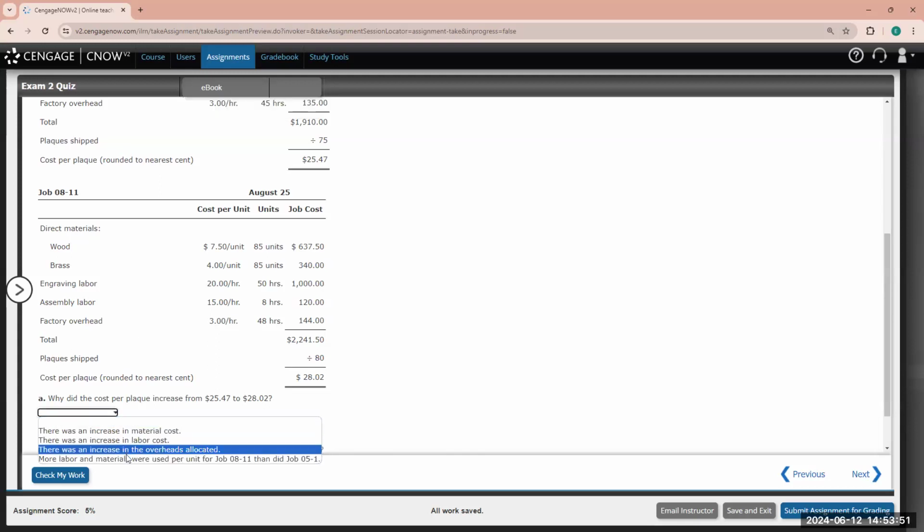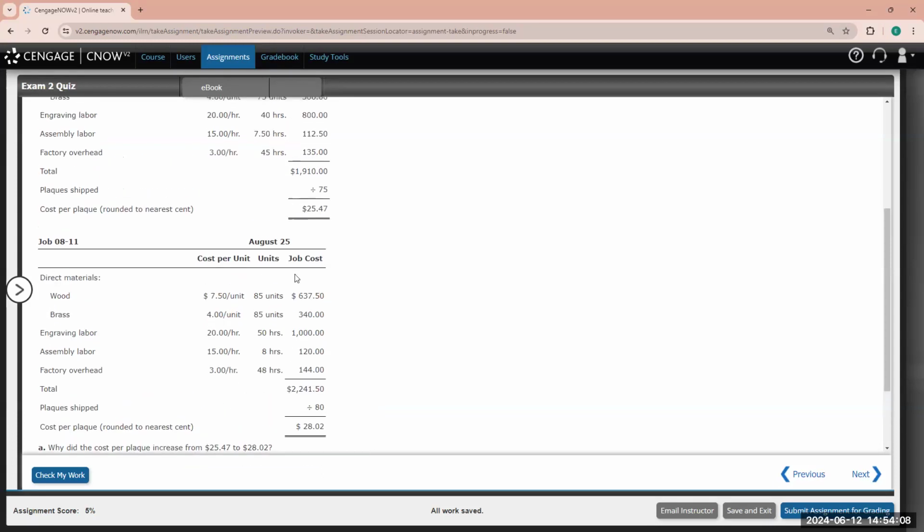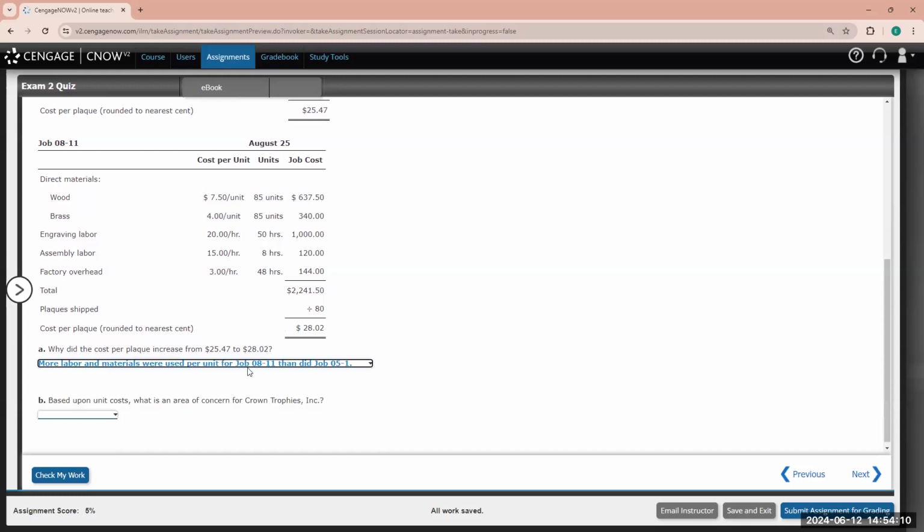In this case, there was more labor and materials needed for the second job. There was no increase in the material costs, it remained the same. There was no increase in labor costs, and there was no increase in overheads allocated, but more labor and materials were needed because we manufactured more units. And for B,